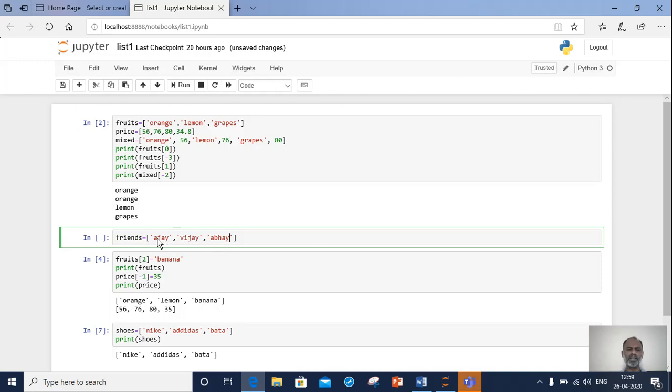One more thing that you must have observed is that Ajay, Vijay and Abhay are written inside quotation marks, single quotes. All the alphanumeric values have to be written inside single quotes or double quotes for that matter. Now this is a common way of making a list.